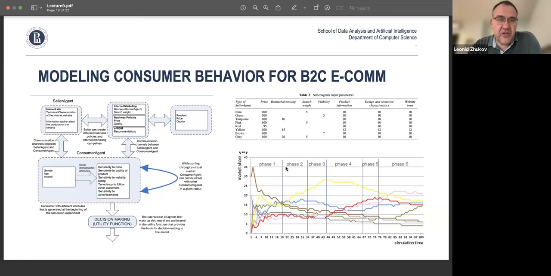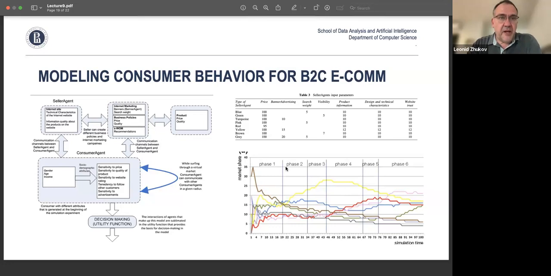Here it shows market share for a product, but you really try to predict the purchase volume. And there is a consumer agent, which is a consumer with his own properties, like sensitivity to price or sensitivity to the quality of the product, and